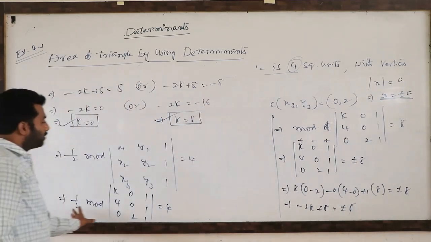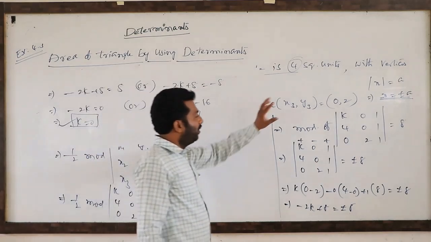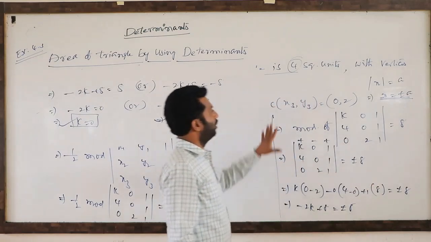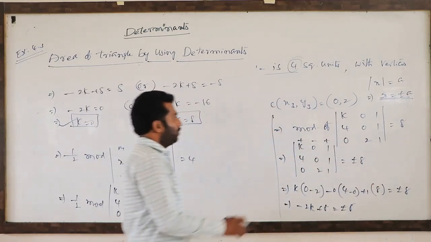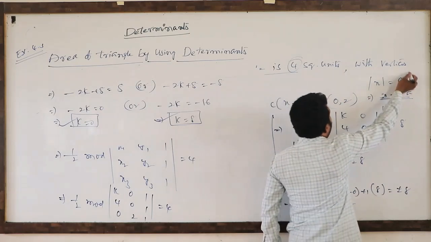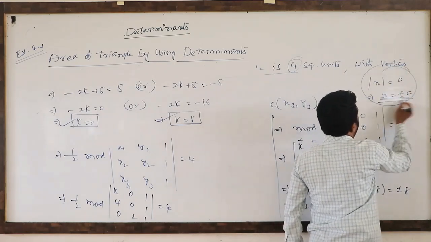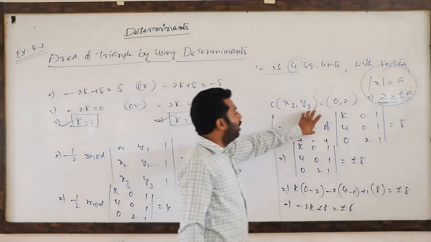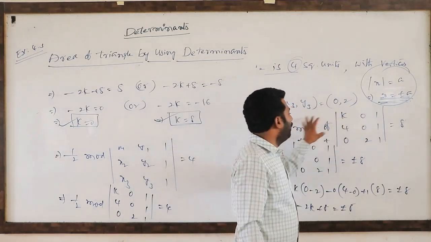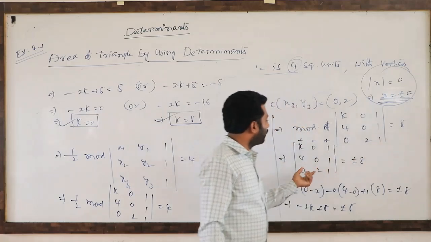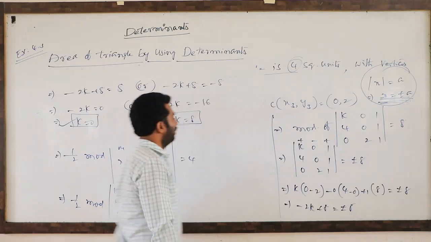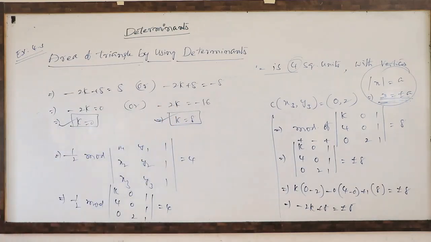So this is a most important problem. Whenever modulus is there, plus or minus 8 you have to consider. So that is the internal meaning by using this concept. Mod x equal to a means x value plus or minus a you have to write. So this is mod x type equal to a, x equal to plus or minus a. Along the first row, if you expand, like this the answer will come. So this is the third question.